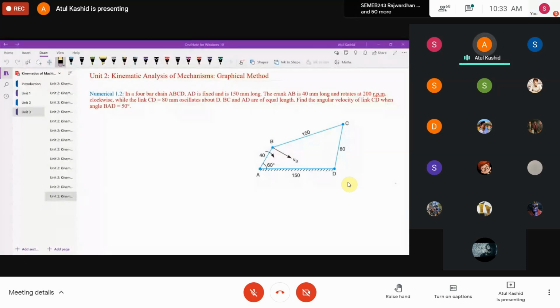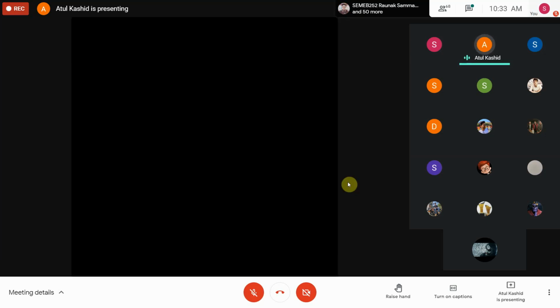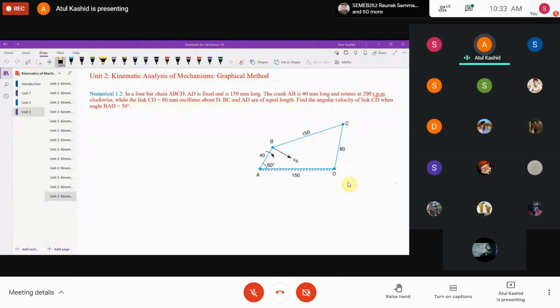Now, I hope that everybody has their drawing books and the geometrical instruments with them. If anybody does not have the drawing book, as I told you in the previous lecture, this drawing book will be assessed at the midterm or at the end of the semester. There is also the external oral, and for the term work this drawing book is going to be checked. So maintain this drawing book with you. If you do not have the drawing book today, you can draw it on rough pages with the help of the scale and pencil, take a snapshot of the statement of the numerical, and then in your spare time draw it in your drawing book.